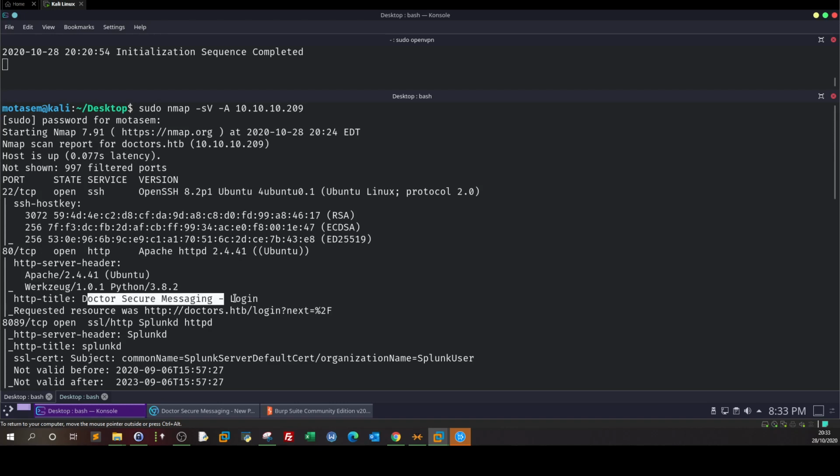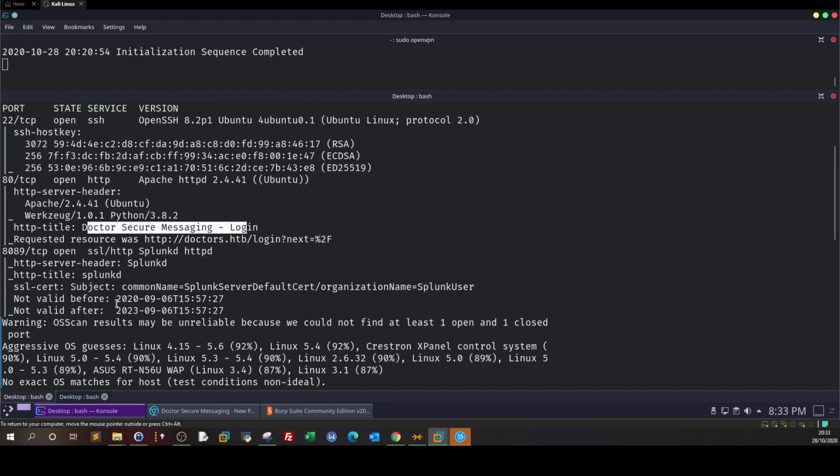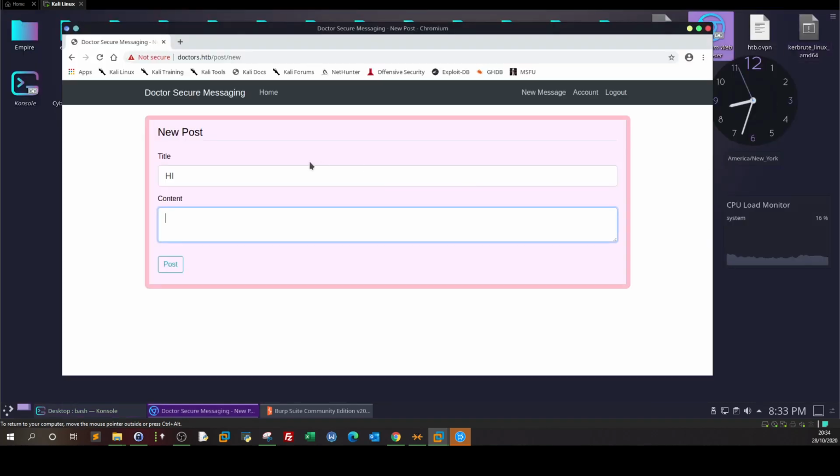and we have the secret messaging login, and we have another service running on port 8089, Splunk. This comes later, but let's first understand what we will do with this doctor's platform. Sometimes we put some kind of payloads like a one-liner reverse shell, one-liner PHP, whatsoever, but this kind of stuff works